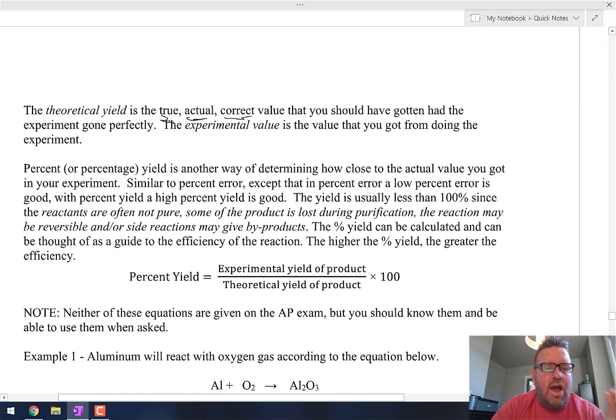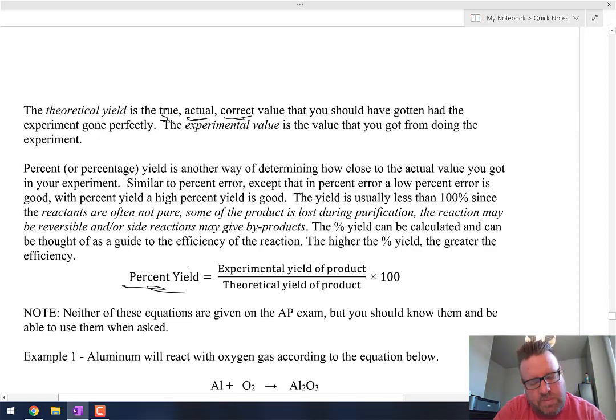Now with percent yield, it's something similar to that, but notice that in this equation you don't subtract. You don't take the theoretical minus the experimental value. You just take what did I get in the experiment divided by what should I have gotten in this experiment. Typically the percent yield is going to be less than 100%, and here's some reasons why,